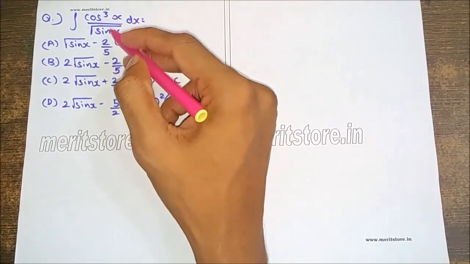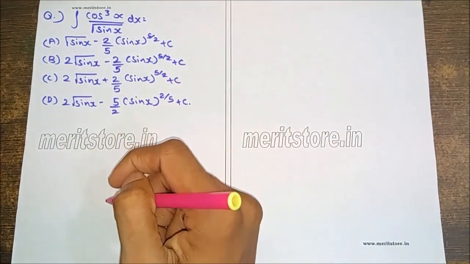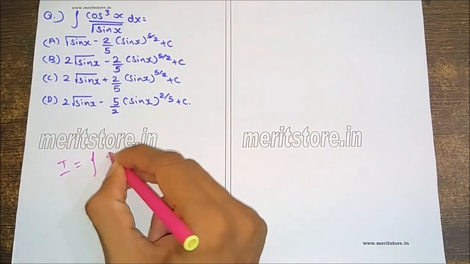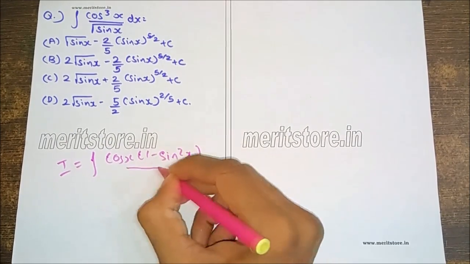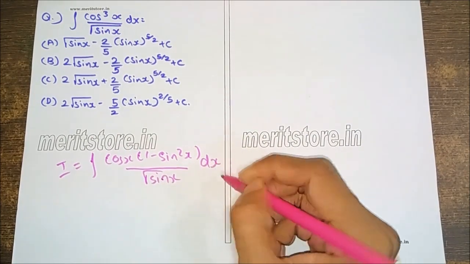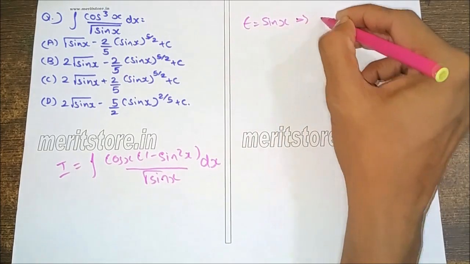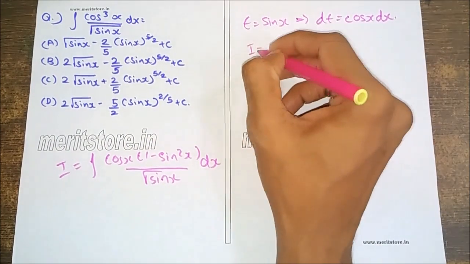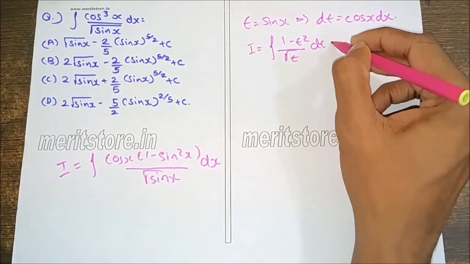Integral cos cube x upon under root sin x dx is equal to, we are given 4 options over here. We can write the numerator, that is I equal to cos x (1 minus sin square x) upon under root sin x dx. We put t is equal to sin x, differentiating both sides we get dt is equal to cos x dx, which is I equal to integral (1 minus t square) upon under root t dt, which is equal to